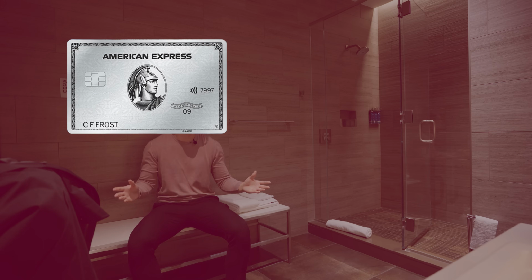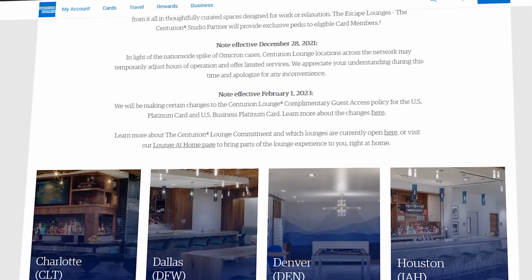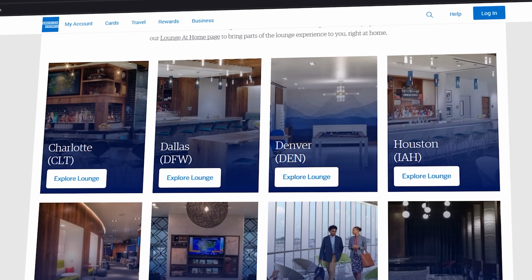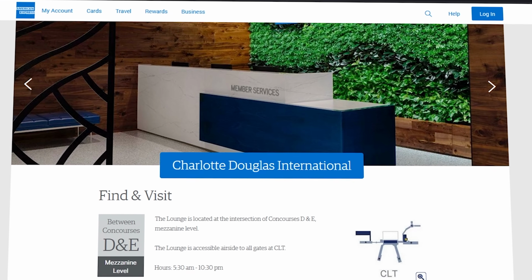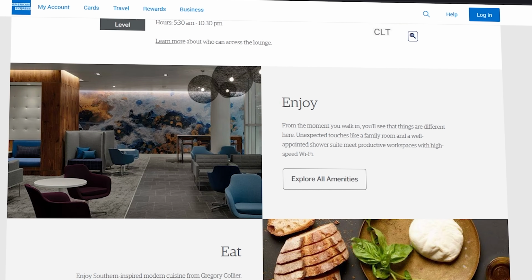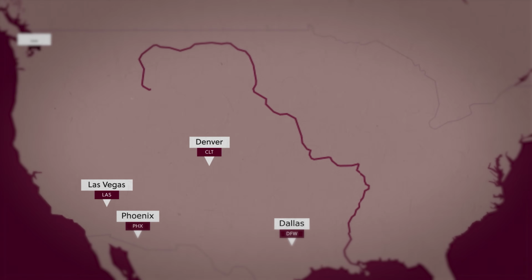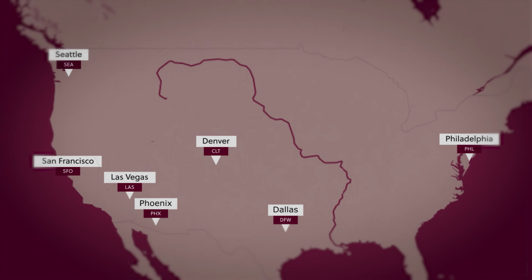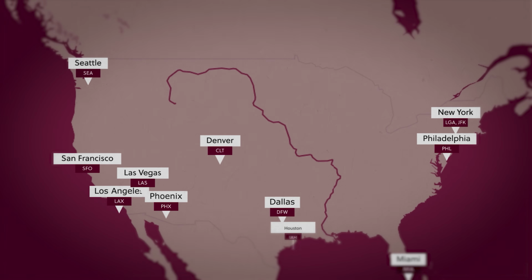just like everybody else. Now, if you have the American Express Platinum card or Business Platinum card, you'll have access to an even wider range of airport lounges, most notably the American Express Centurion lounges. Centurion lounges are known for having a large spread of hot food, comfortable seating, and elevated experiences within the lounge. Now, there's only a few of them around the world, and they're mostly concentrated in the United States, but if you do visit a Centurion lounge on your next trip, then it can really make your travel experience a lot